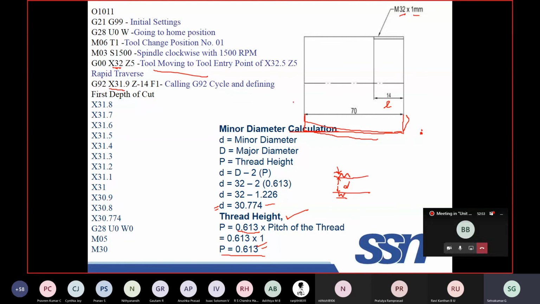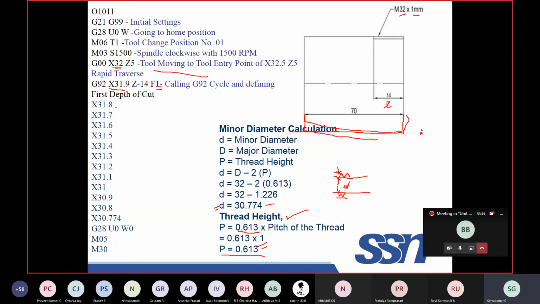This distance is 0.1, or 0.1 by 2. You can say depth of cut is 0.1 by 2, but the diameter I am trying to reduce to this. Z value is 14, which means the tool will move up to this distance. The feed rate is given.